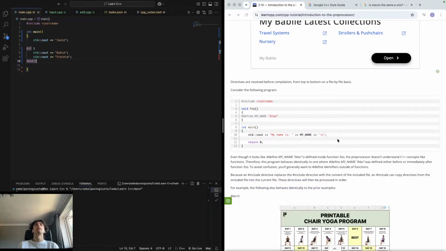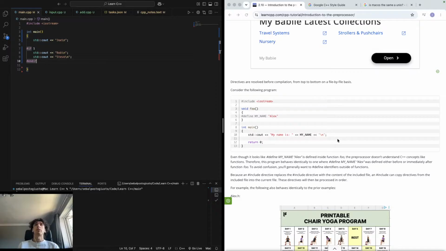Even though it looks like define my name Alex is defined inside the function foo, the preprocessor doesn't understand C concepts like functions. Therefore, the program behaves identically to the one where define my name Alex was defined outside. To avoid confusion, you generally want to define